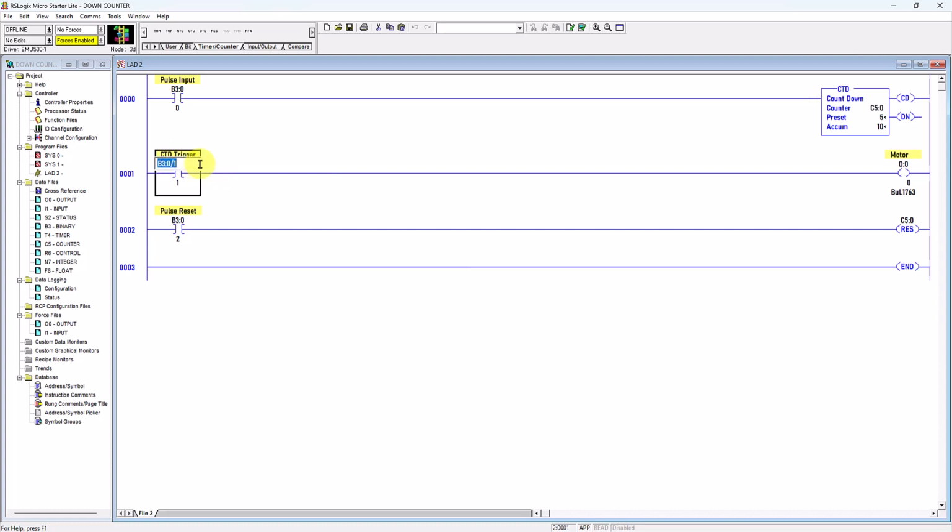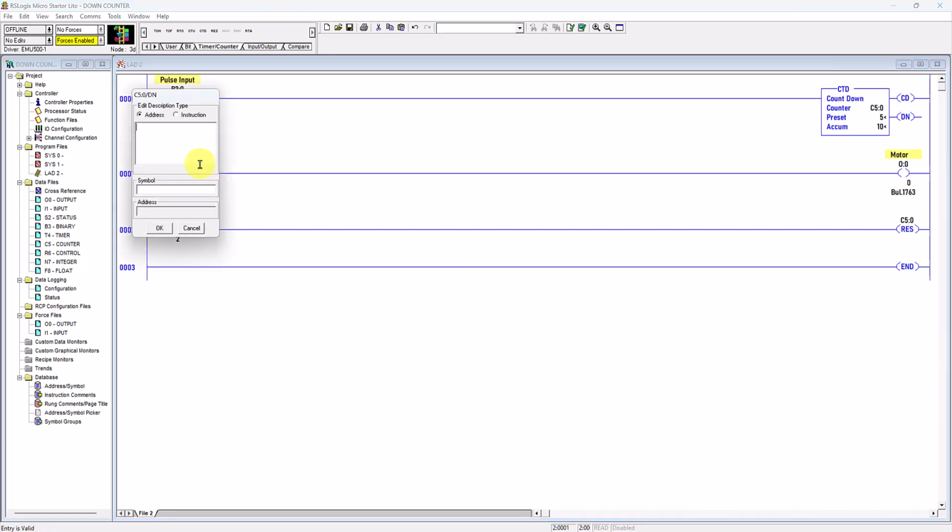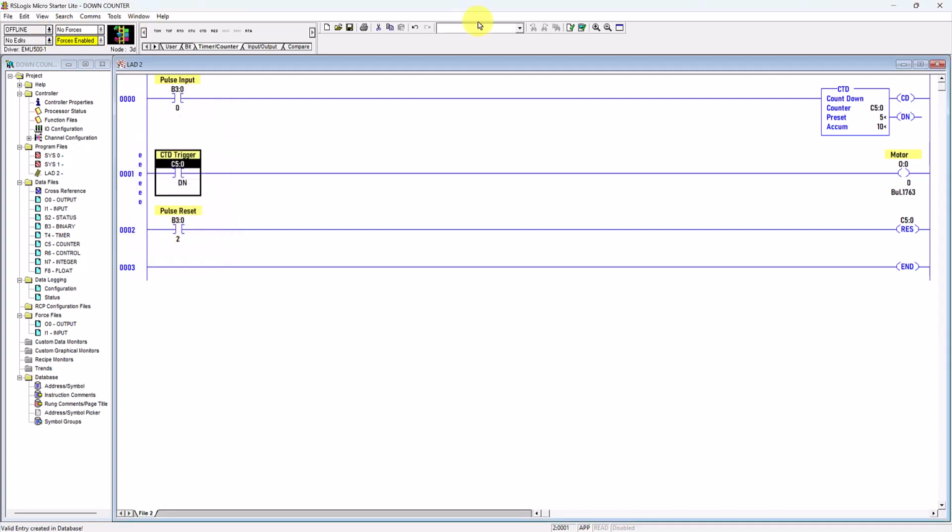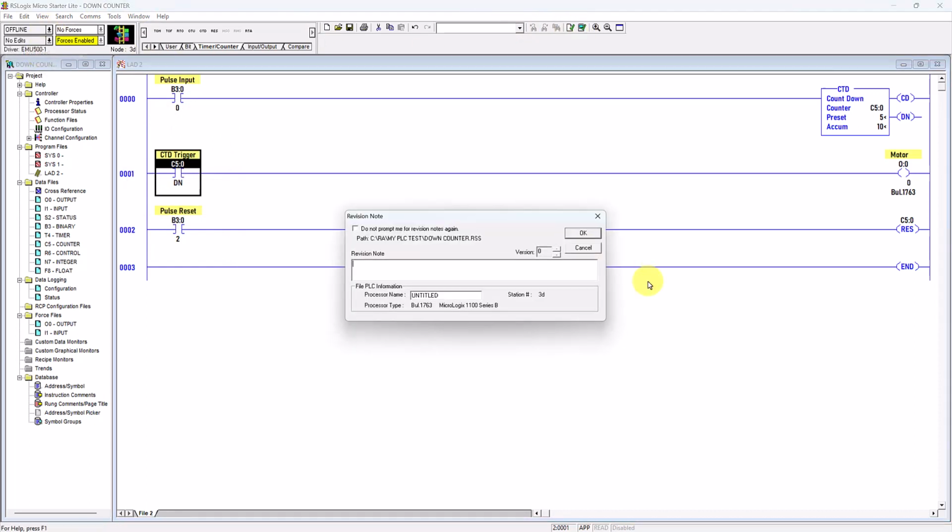I will double click and change the address, counter 5 column 0. I will use the done bit, slash done bit. This I will call CTD, meaning down counter trigger. Click OK. Then compile the file, make sure there is no error, then download one more time,